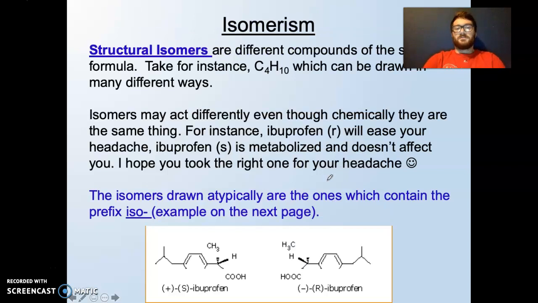Structural isomers. Isomers we've talked about before. When there's the same chemical formula, it's built differently. Consider C4H10. It can be drawn in many different ways. And so if we have C4H10,